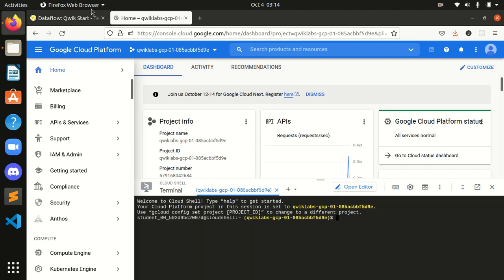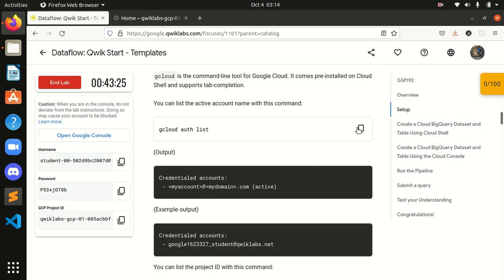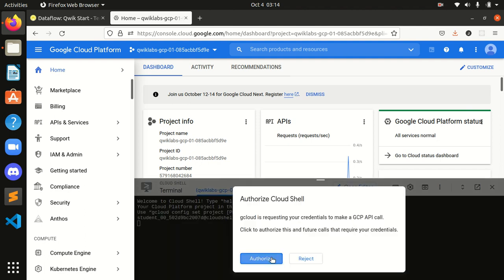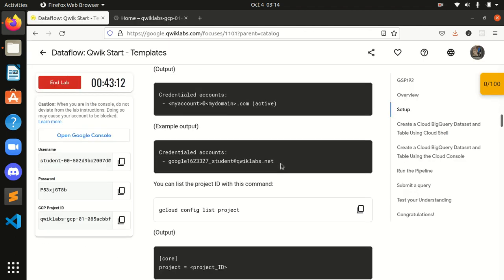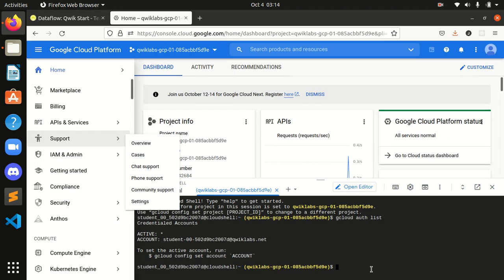Okay, we are done with this. Now I will authorize my project by this command. That means we are listing our account name by this, to check whether it's active or not. The active account name will be registered over here. Now we'll list the project ID with this command.